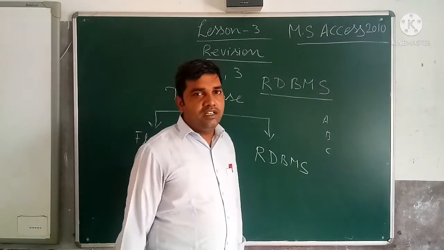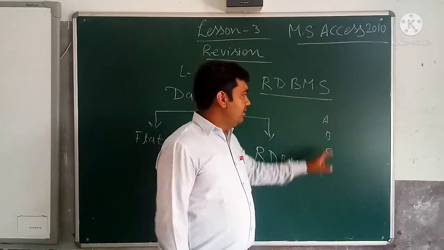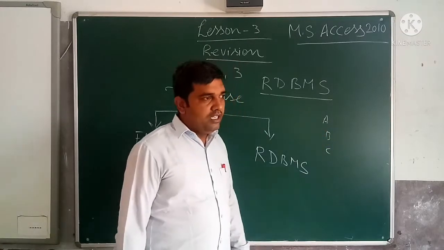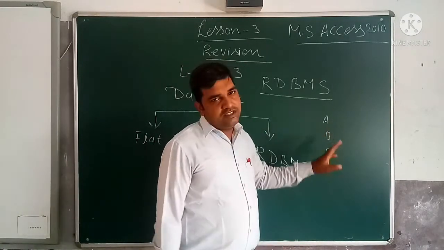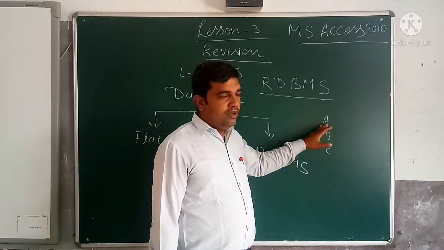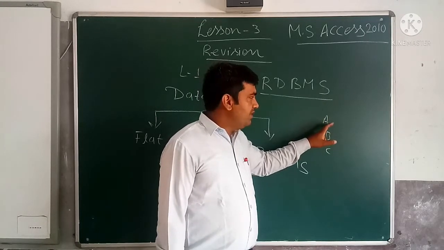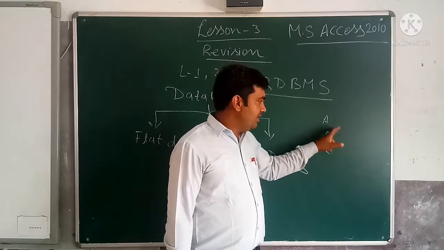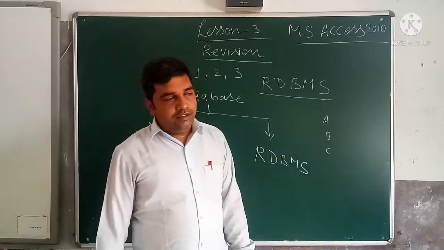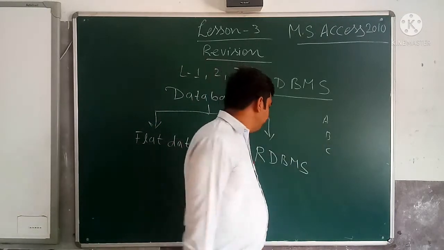If you want to search the mobile number of Ajay, which page will you open? The page on which the label A is written. That page you will open, and on that page only you will search for the name Ajay. You will find the mobile number of Ajay on the page labeled A, not on the page labeled B, because the page labeled B contains the names of persons whose name starts with letter B.